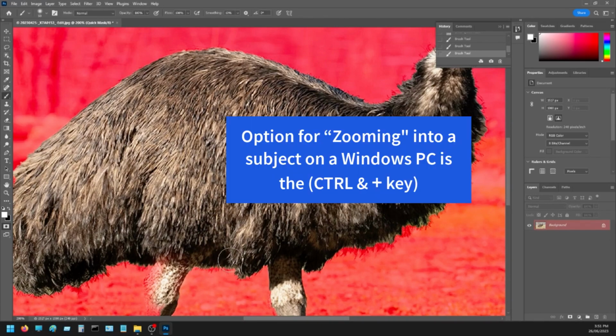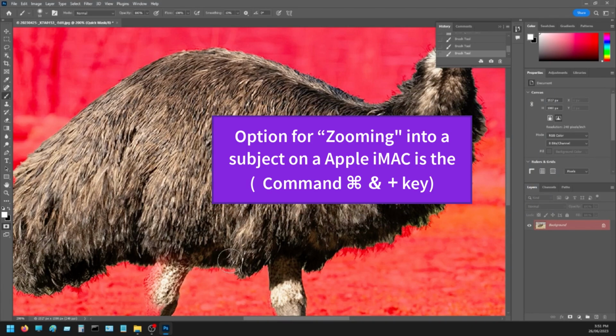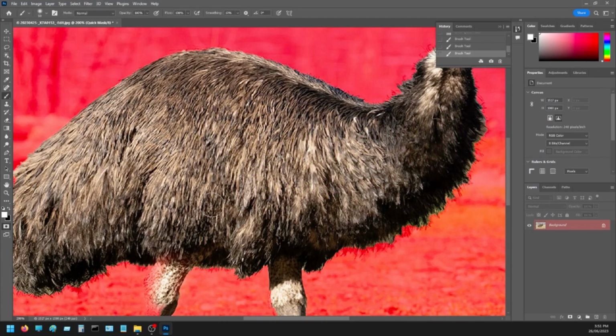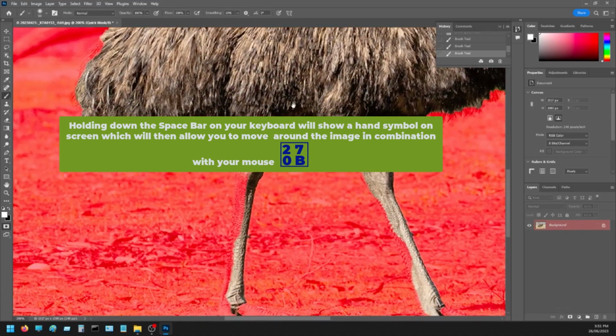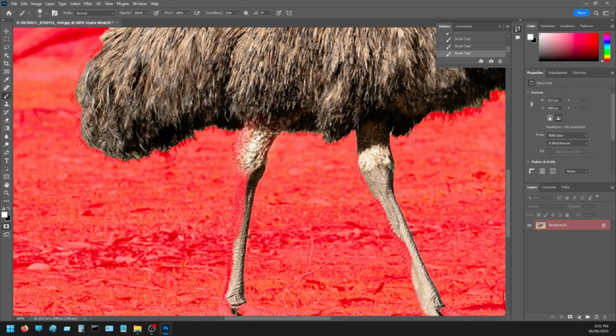The shortcut key to zoom in on your keyboard for Windows is Control and the plus key. On a Mac, it's Command and plus. And if you want to move the image around on the screen, if you hold down the space bar, the little hand appears, and you can just push it up so it's in a better position. That's the one I like best. And then you can just go down here,